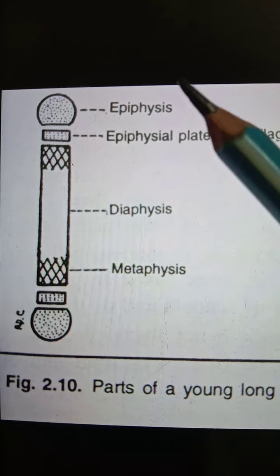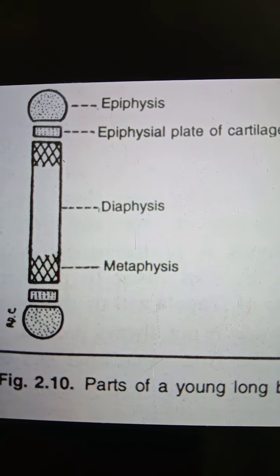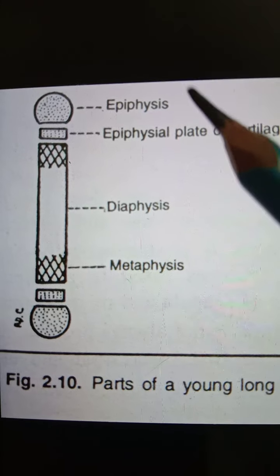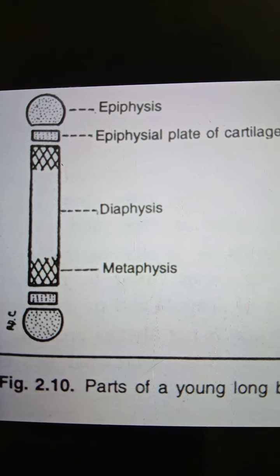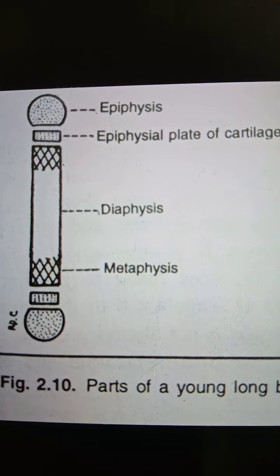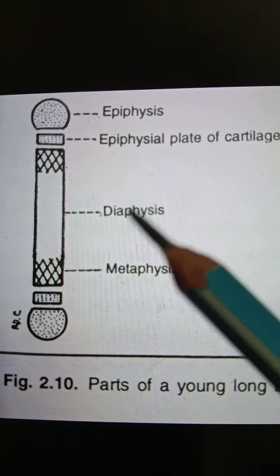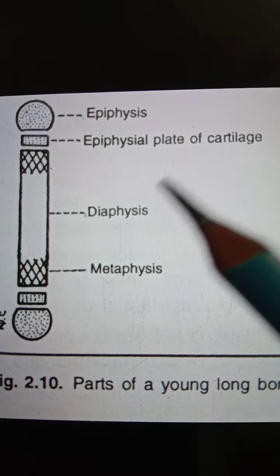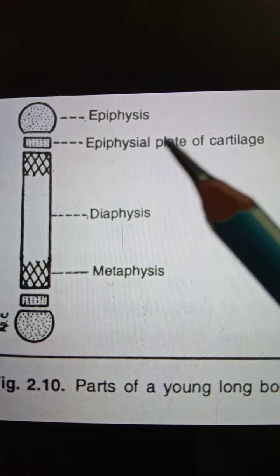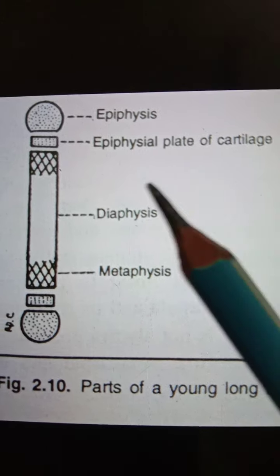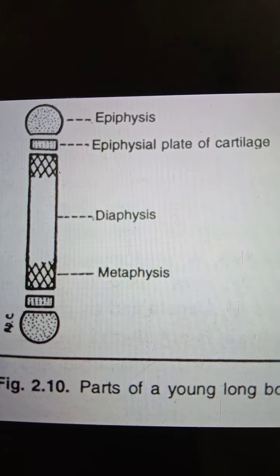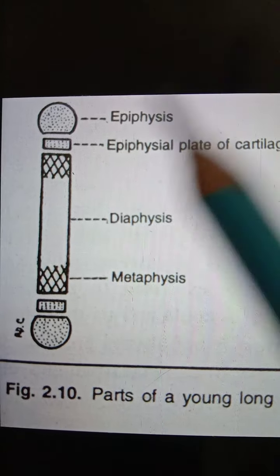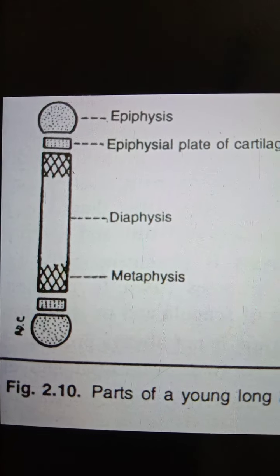Then the third, the atavistic epiphysis. In the atavistic epiphysis, one bone fuses to another bone. For example, the coracoid process of the scapula is a separate bone, and after ossification it joins the remaining part of the scapula and forms part of the scapula. That type of epiphysis is called the atavistic epiphysis.